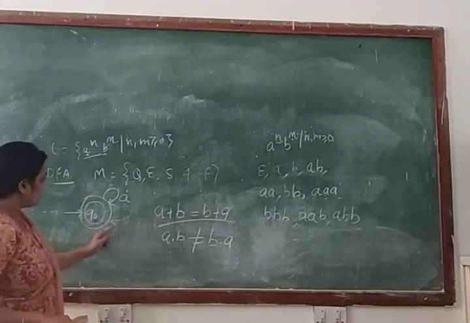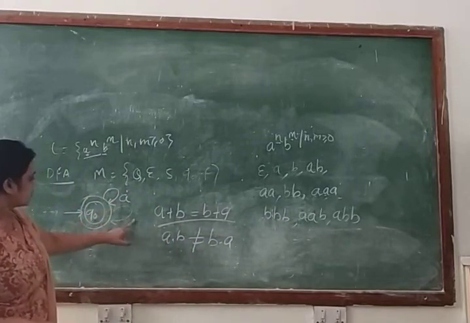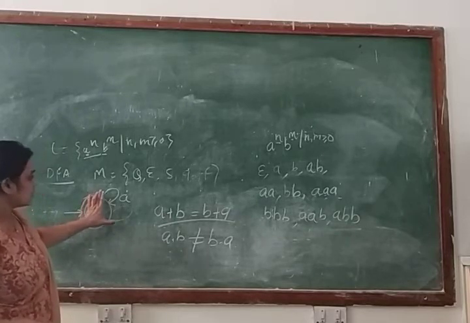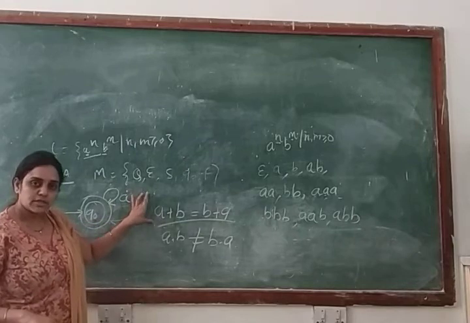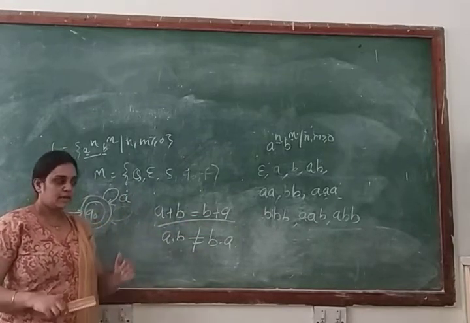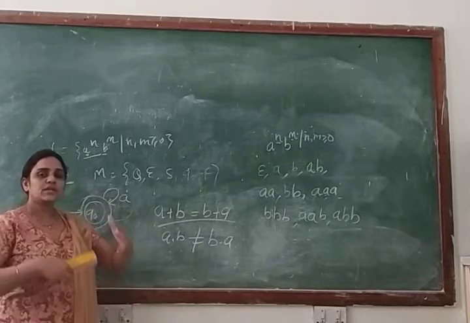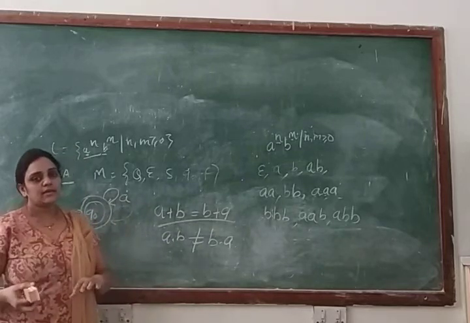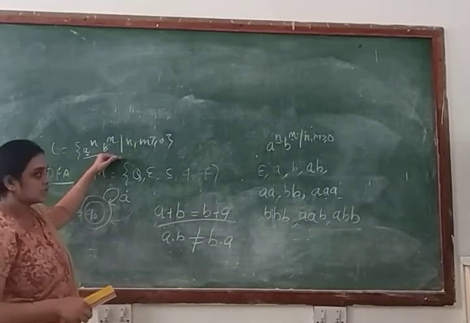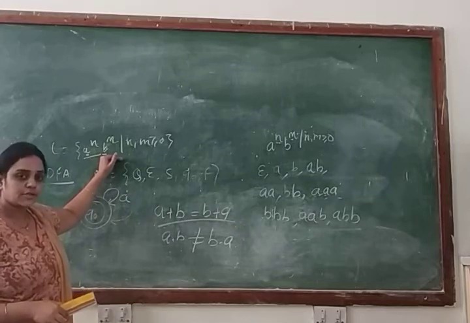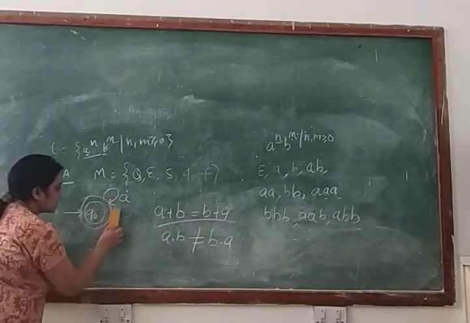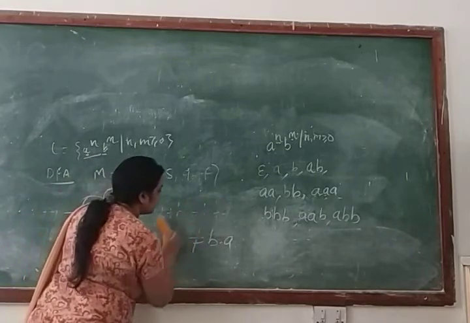Clear? So if you are making a transition for the input symbol B in the form of a self loop at the state Q0, that means this structure represents the union form. And what is the meaning of union form? Union form is A plus B equal to B plus A. Clear? Means A transition can appear first, B transition can appear first, after A, B can come, and after B, A transition can come. But according to that language, our input symbols are in the concatenation form, so that's why we cannot make a transition like that. So that's why we are not making a transition in the form of a self loop for the input symbol B.